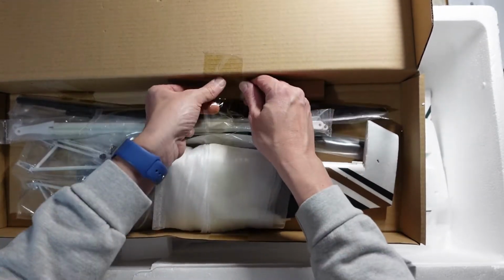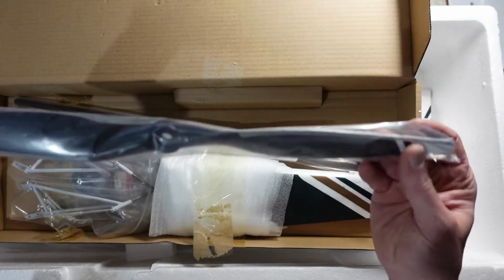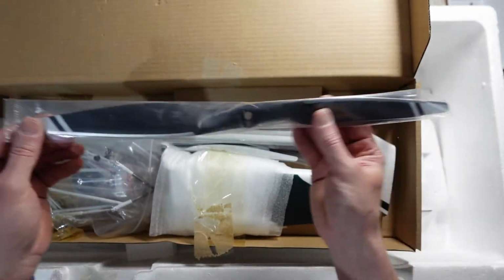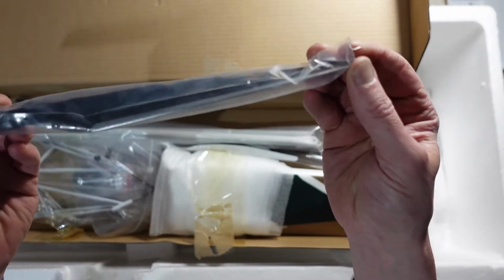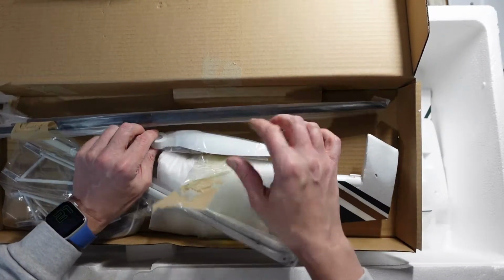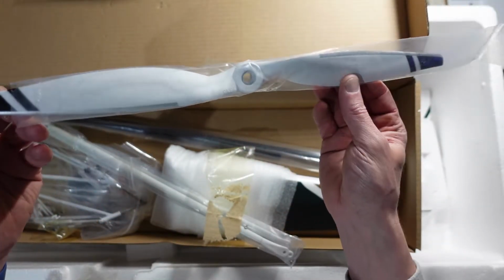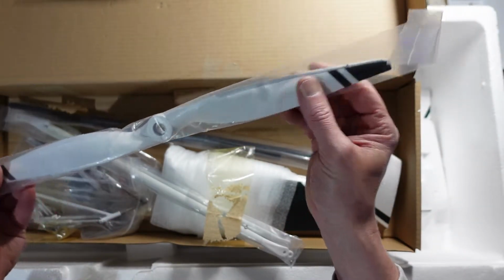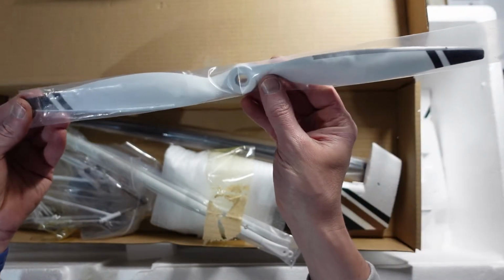We've got it looks like the 2 props, and these are big old props. That's the 17x8, so that's the 4S prop, and they've painted the tips on it as well, which is pretty cool. But I won't be using that one, but obviously I'll keep that as a spare. And then the 6S prop is a completely different colour, so that's white with black tips, and they've even painted the leading edge silver there,